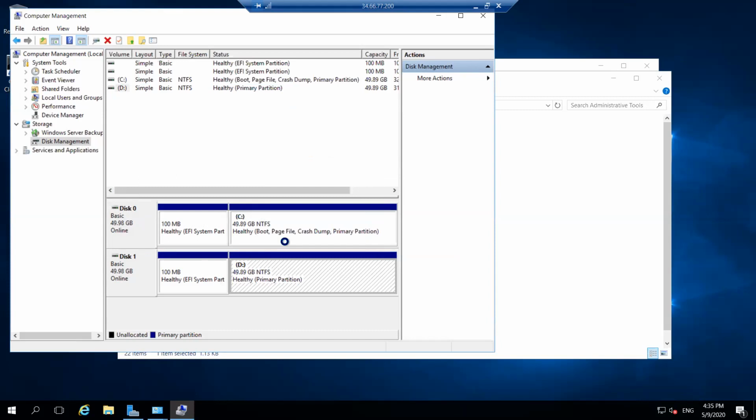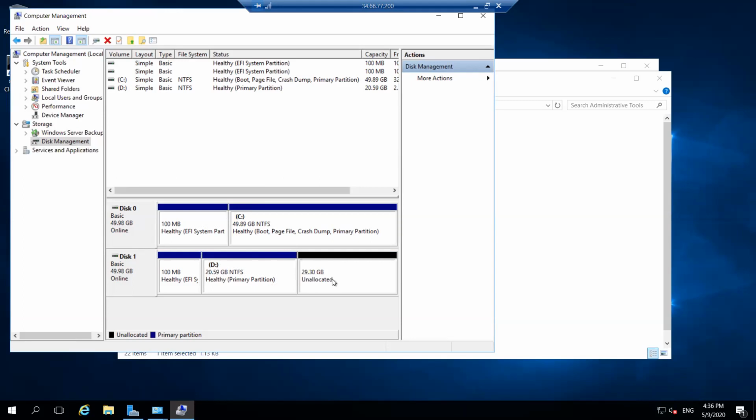Again we are trying. Okay, now you can see this 20.59 GB NTFS healthy primary partition, and this 29.30 GB unallocated space.